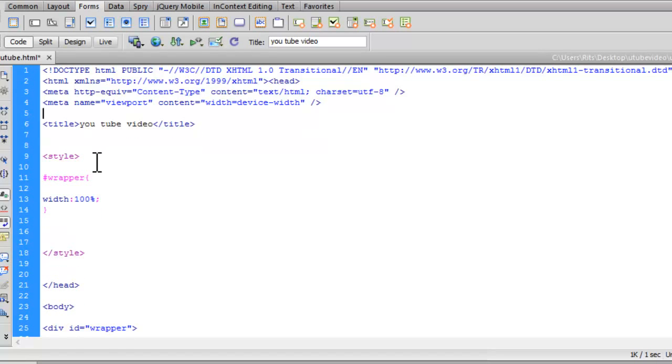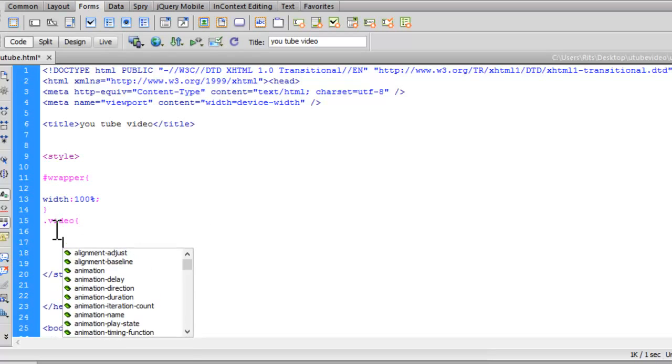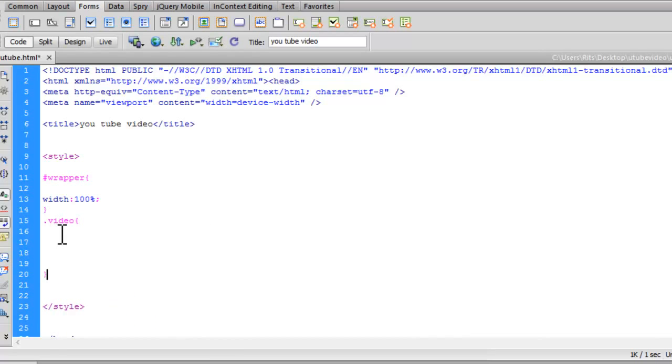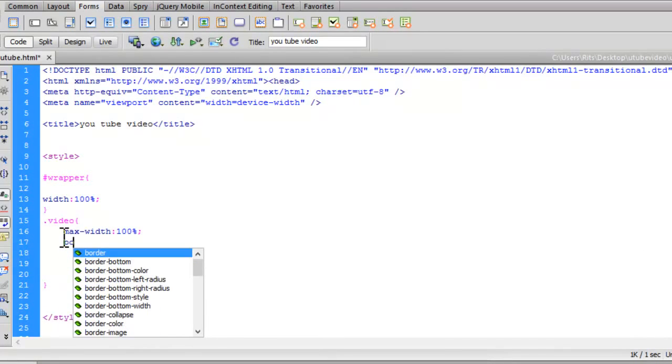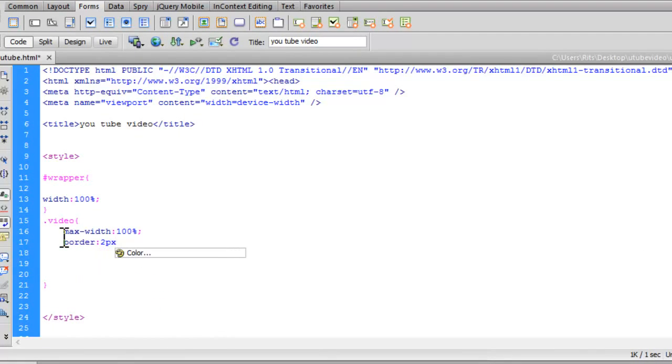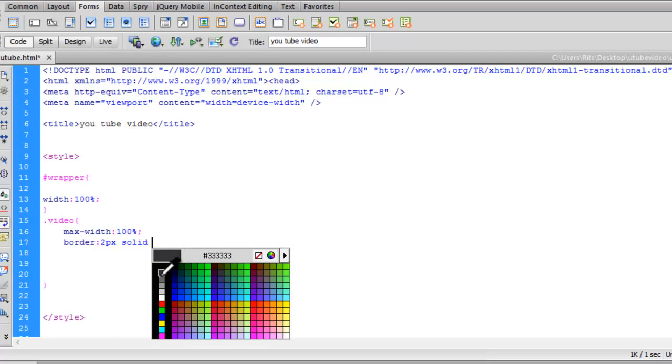Now let's have some CSS for our video class. Inside style, let me have class video. Max width 100%. Border, let me have it 2 pixel. I may or may not have a border, but let it be solid, with gray color.